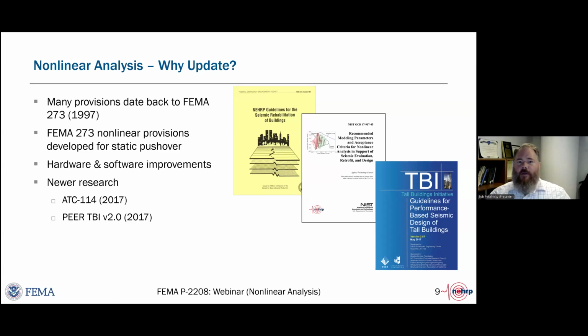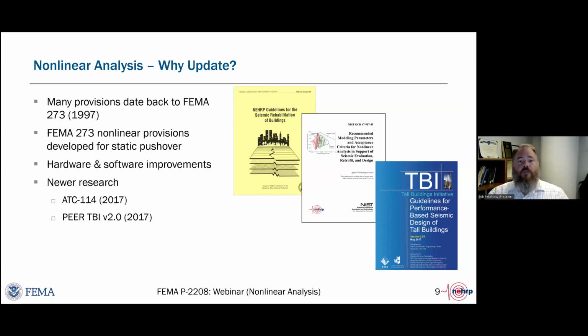When those recommendations were developed for nonlinear analyses, this was in the mid-1990s when nonlinear response history analysis was a thing of research. And even when it was a thing of research, it was a very idealized and scaled-down version of what people do today.